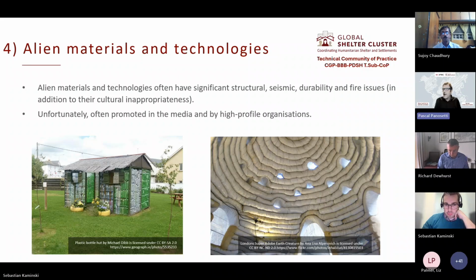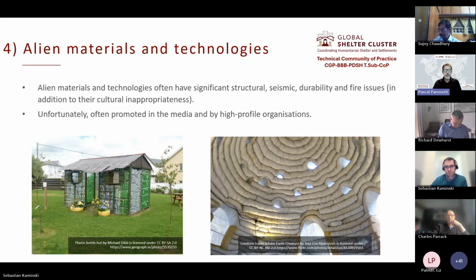We know it has been developed in Iran for the Bam earthquake by this Iranian architect. I have been trained, I'm not a super expert, I know. And as you said, Sebastian, this one is to build a dome, so it should be adapted culturally. And so it's maybe not the shape, and there are a lot of details that you need to take into account, like protection of the plastic. So I don't know. I think Charles wants to say something also on that.